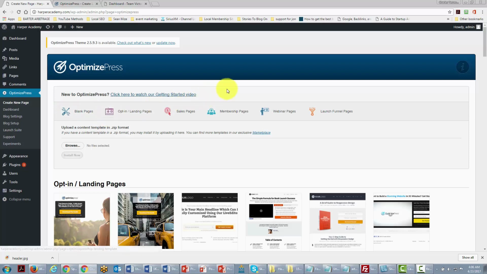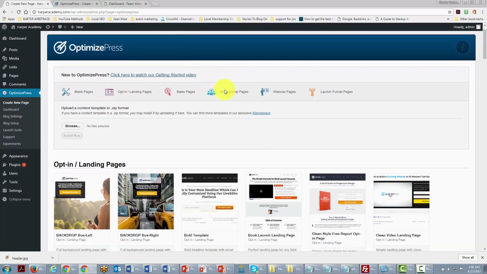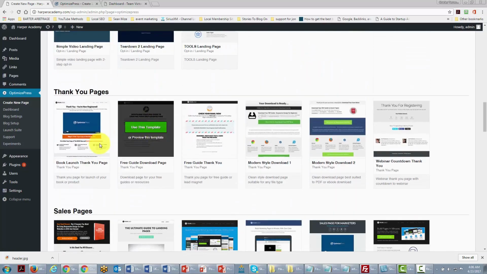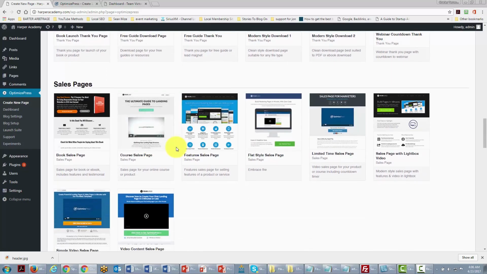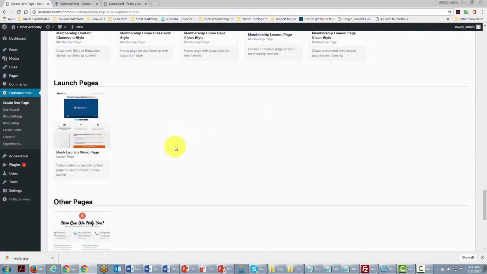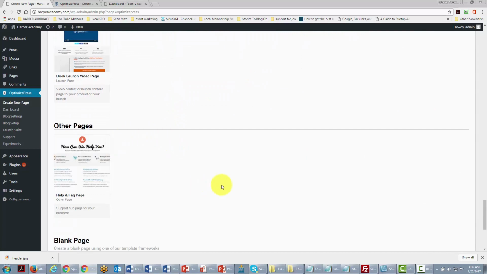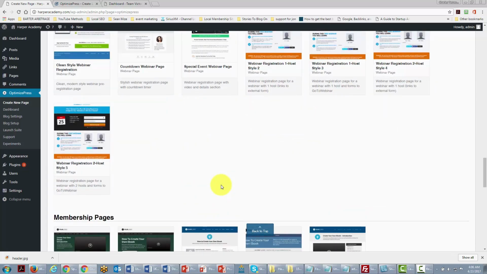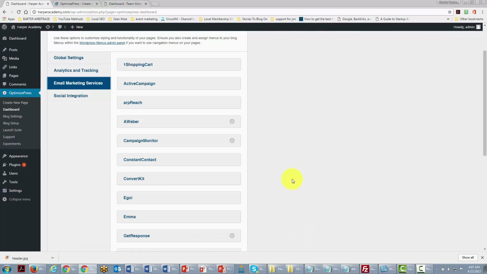Optimized Press gives you several templates to start with. They give you landing pages, thank you pages, sales pages, webinar pages, membership pages, launch pages, and FAQ pages. And basically, these templates are going to be starter templates that you can use in order to build business pages. The other thing that Optimized Press does is build into it the email functionality that we have been talking about in other videos,